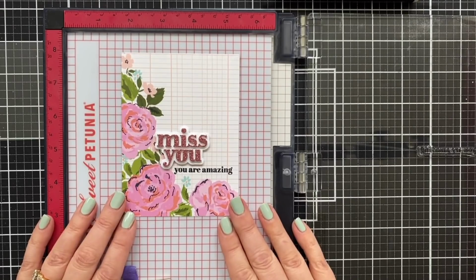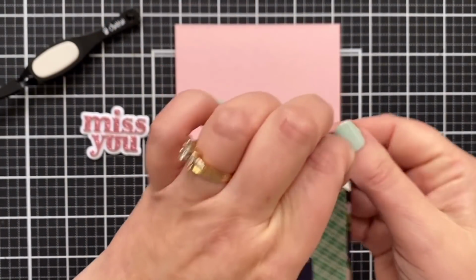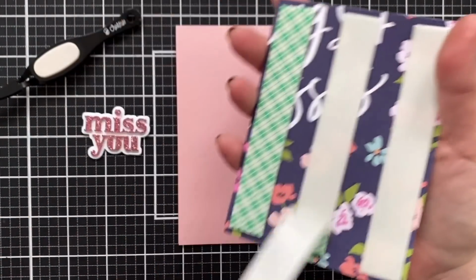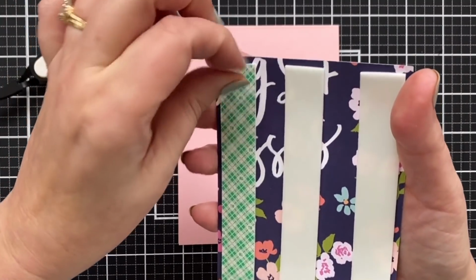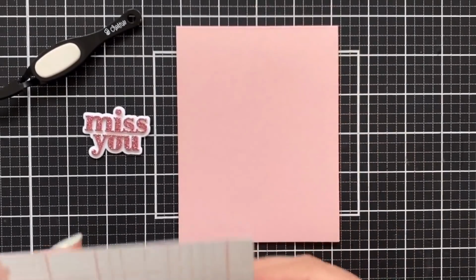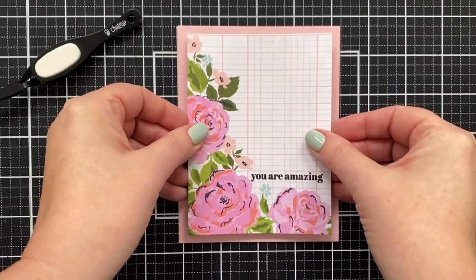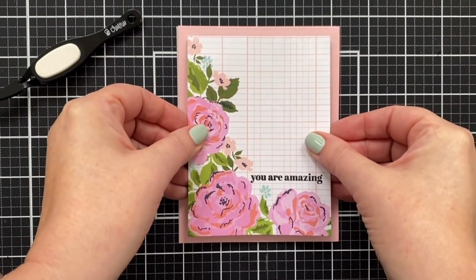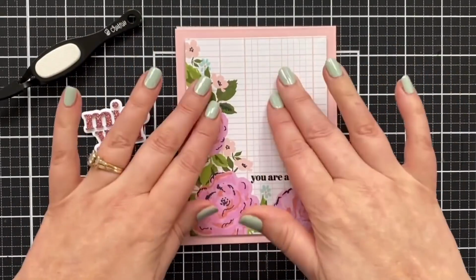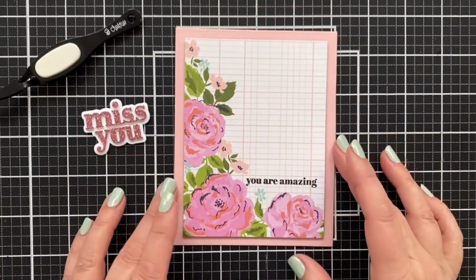I am feeling this pattern paper, I'm telling you. All right, I've got foam tape on the back so that I can pop up this panel as well. Now, of course, the pattern paper isn't quite as heavy. I'm guessing this is probably a 60-pound weight, so you can see it's got a little curvy there. But I feel like this foam tape will hold it very nicely. And we'll just get that lined up on the card base with that nice bit of framing margin space all the way around. And I went with the cotton candy on this too, because I thought that would look really